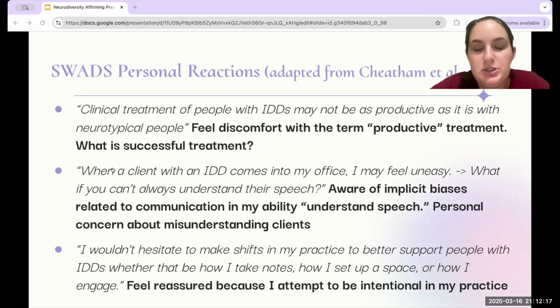So here are some of my personal reactions. The second statement on the SWOD stood out to me. It reads, "Clinical treatment of people with IDDs, intellectual and developmental disabilities, may not be as productive as it is with neurotypical people." This gave me a pause to reflect on how we define successful or productive treatment. I was wondering what productive clinical treatment means or looks like. It is my understanding that productive treatment differs based on individual goals and client needs and is not a one-size-fits-all